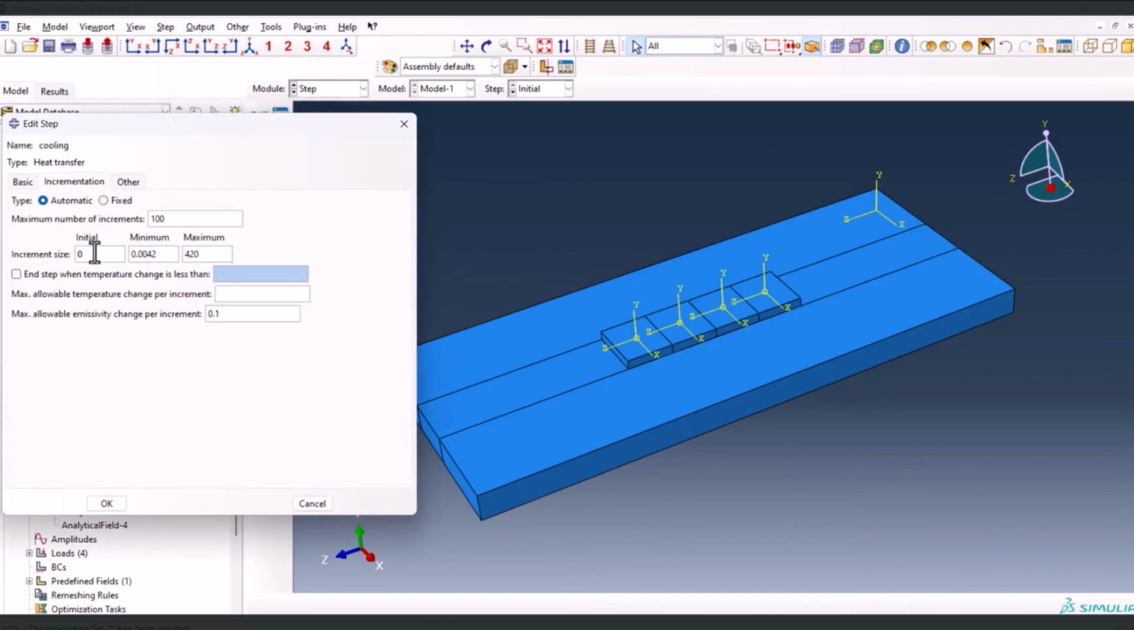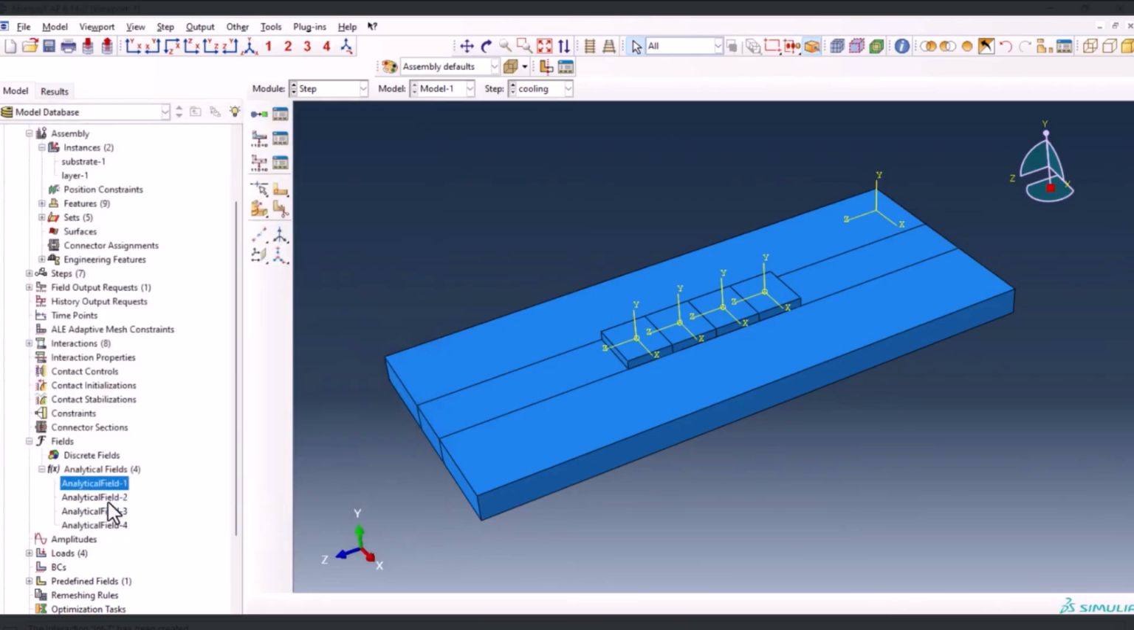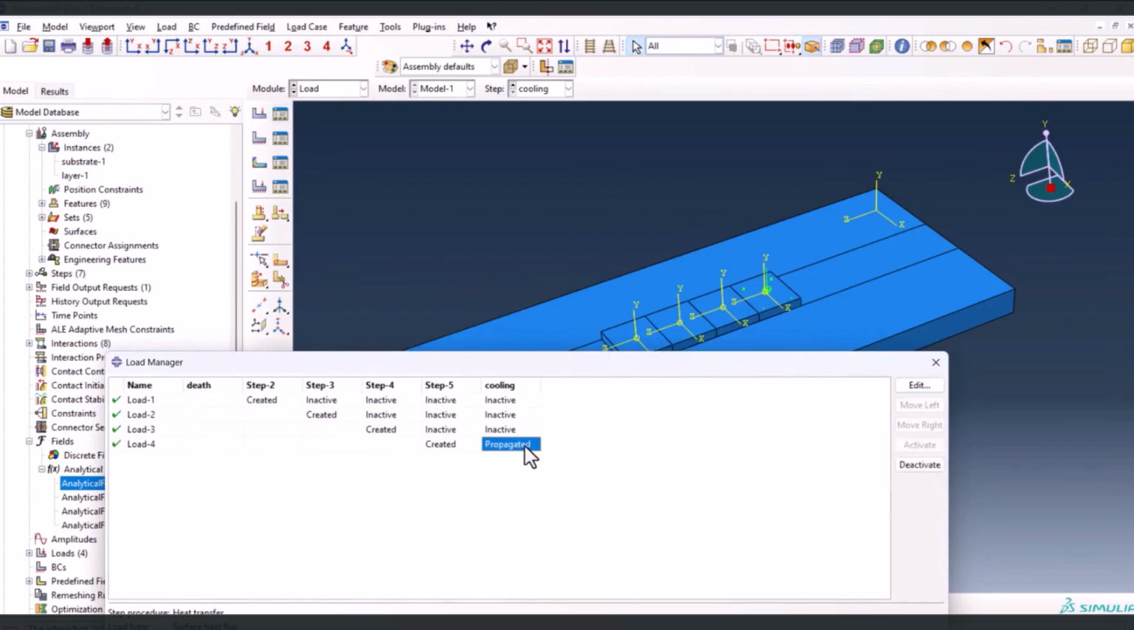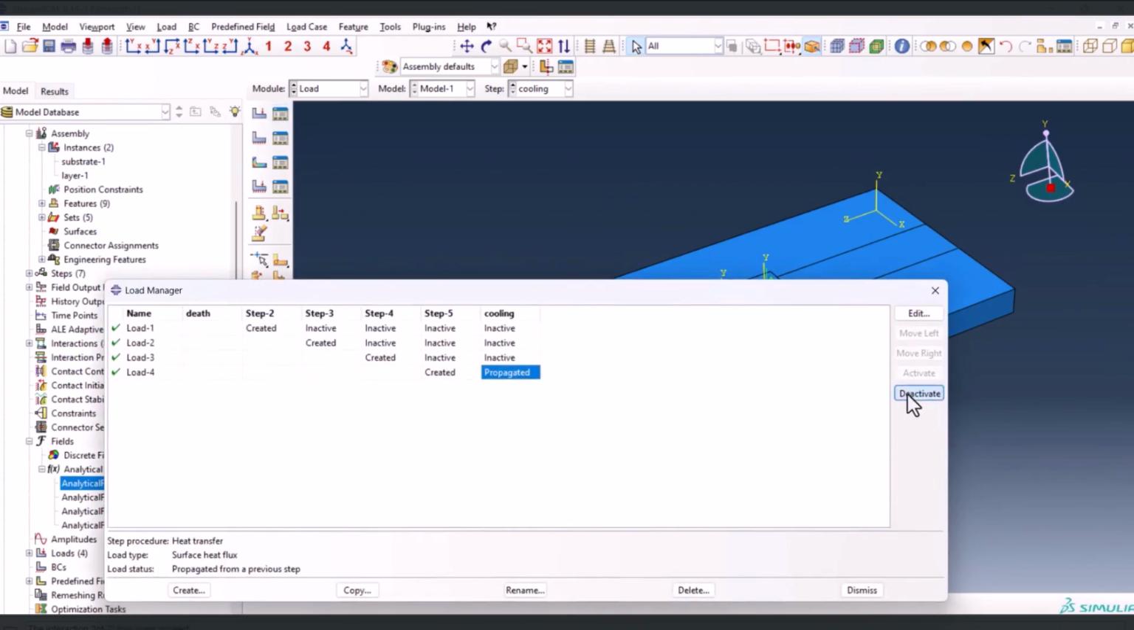420, 0.01, 1000, and it can be 220, 350. We click on OK. Now it's time to go to the load manager. We want to deactivate this one,